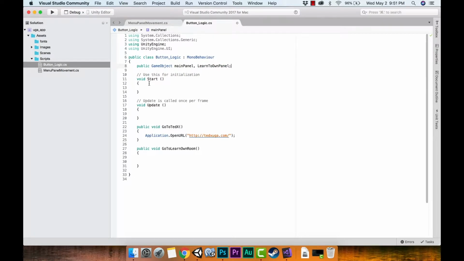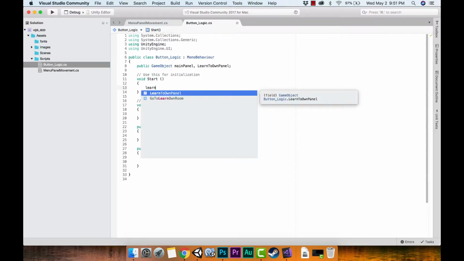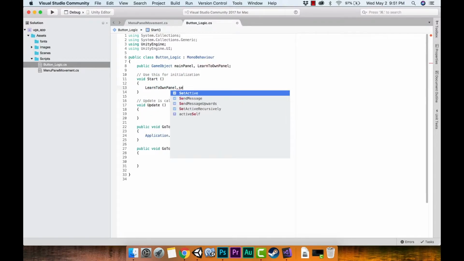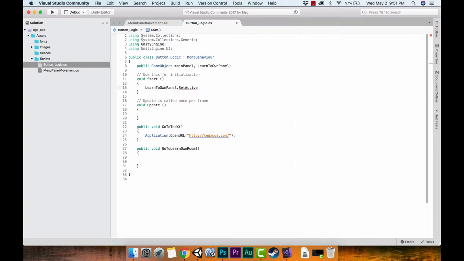Okay, so at the start, the first thing is when this code first starts, the first time it ever starts, we want to make sure that the only panel active is our main panel, right? Because if the learn to own panel is active, it's going to cover up our main panel. So we make sure that the learn to own panel is not active at the very beginning. We're just going to do one line of code that says this: learn to own panel dot set active,